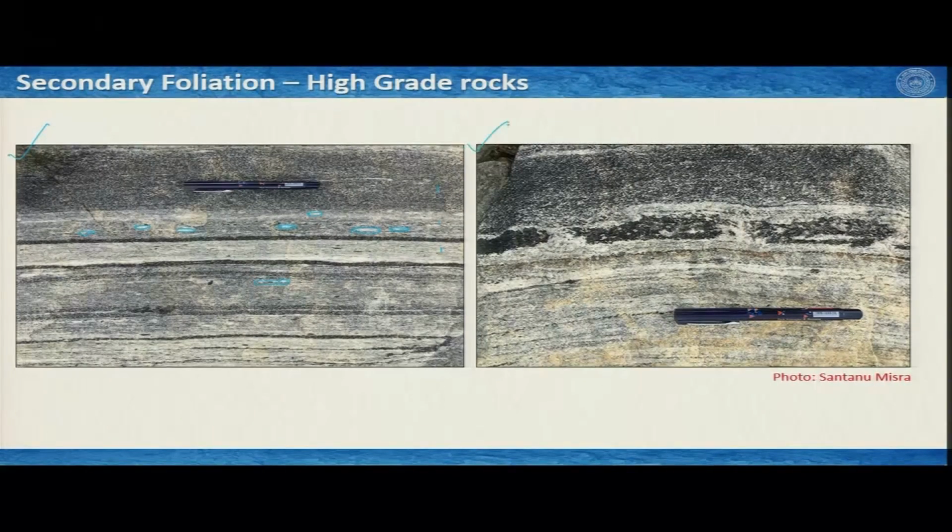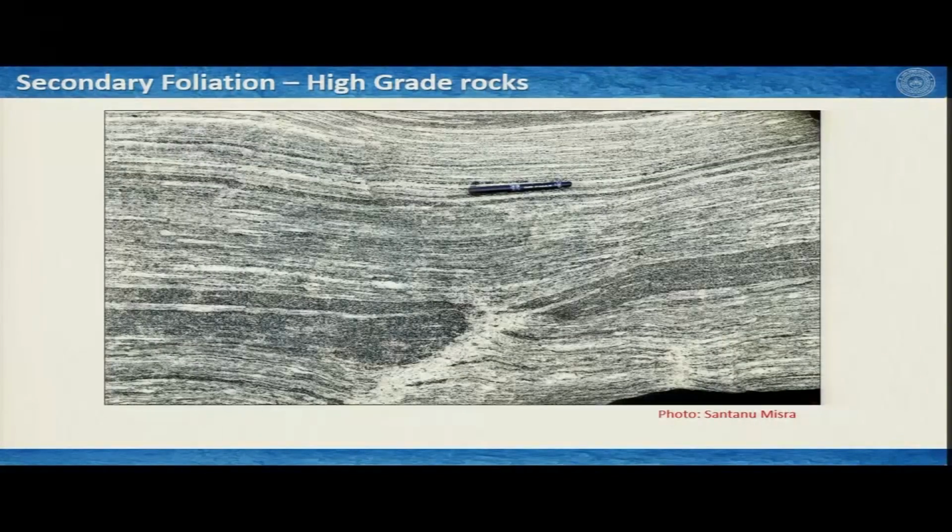You can also figure out from the second image that these features are also associated with secondary foliations and so on, that these are essentially not your primary bedding planes. So, these are some dark minerals, and here again you also see the features we saw here. You also see this kind of features, and this clearly defines that these are your secondary foliations and so on. You can also see in the next slide that this actually is a fantastic secondary fabric, and here as well you see this kind of